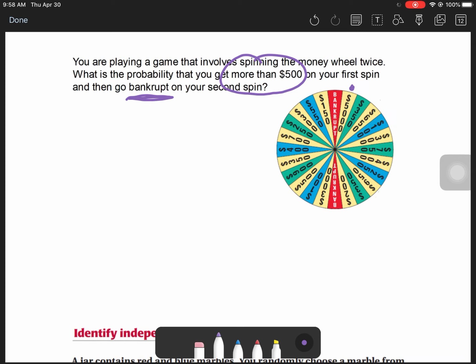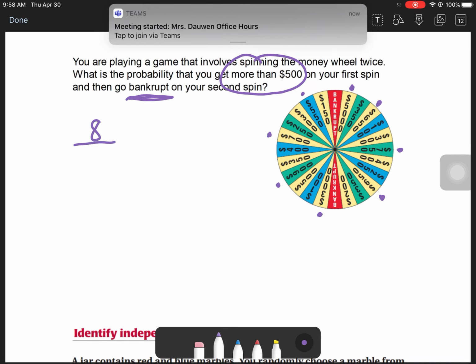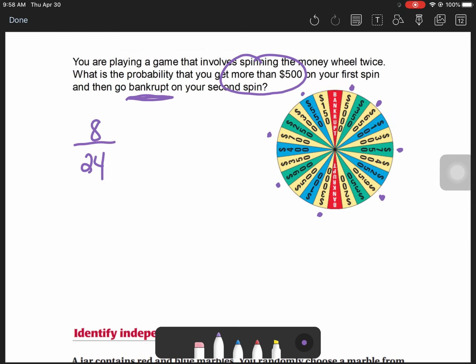So here's a 5,000 and a 650, a 750 and a 950, a 3,000, a 900, a 700, and a 550. So it looks like there's 8 places on the wheel that have more than 500. So that'll be 8 over, there are 24 spots on the wheel. Then times,